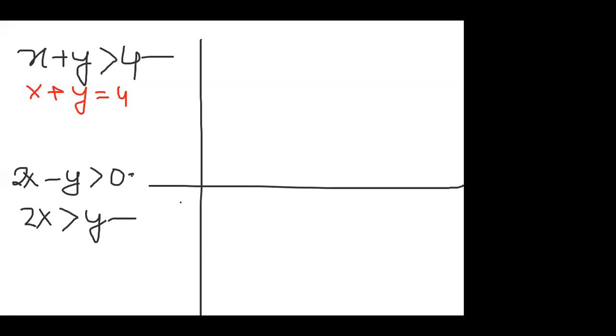Now table formation, x, y. Once I'm taking x as 0, once I'm taking y as 0. When I put x as 0, I'll be getting y as 4. When I'm putting y as 0, the value of x will be coming 4. So once x is 0, then y is 4. Once y is